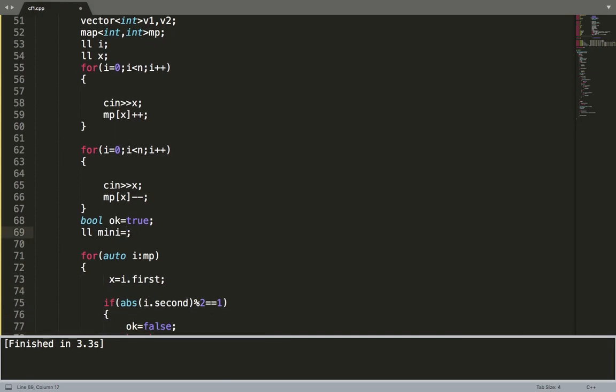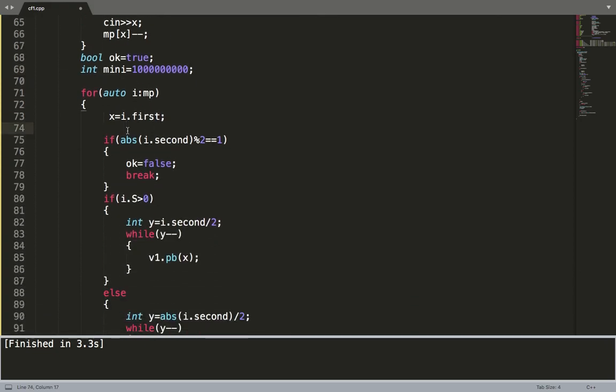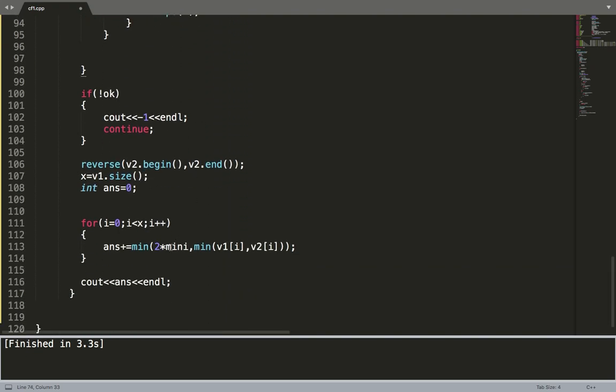So what we can do is put minimum as the maximum element, 10 to the power 9, int. Then we can find the minimum element here: mini is equal to the minimum of mini, x. This is how we have calculated the mini.